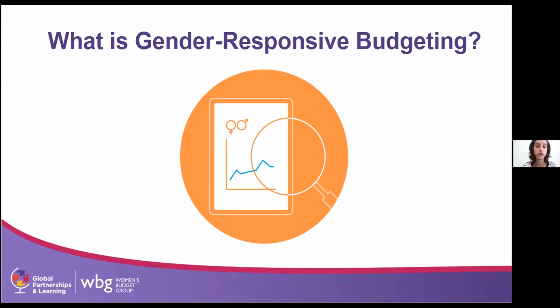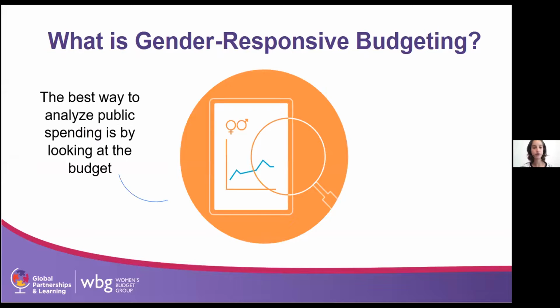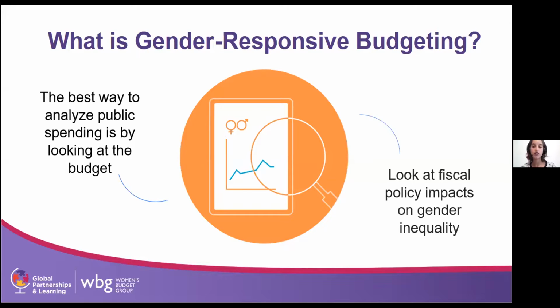So in the feminist economics approach to fiscal policy, there's a topic named gender budgeting. You can come across it as gender responsive budgeting or gender responsive public expenditure management, or just as gender budgeting analysis. So the public financial management system is what underpins the government expenditure. So the best way to analyze public spending is through budget. A gender-based assessment of budgets allows us to